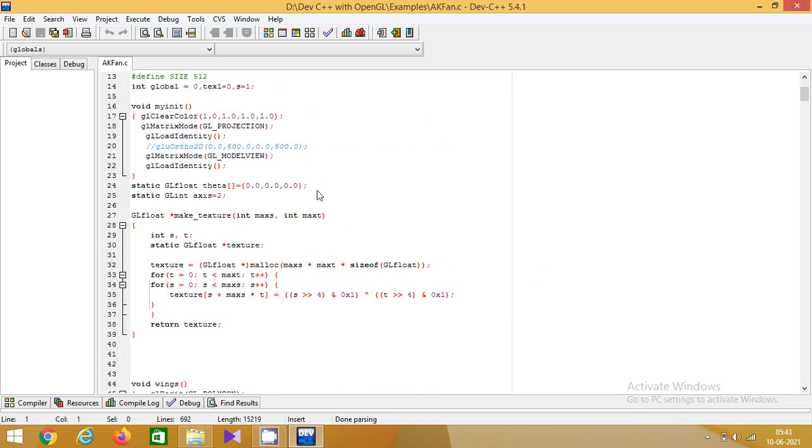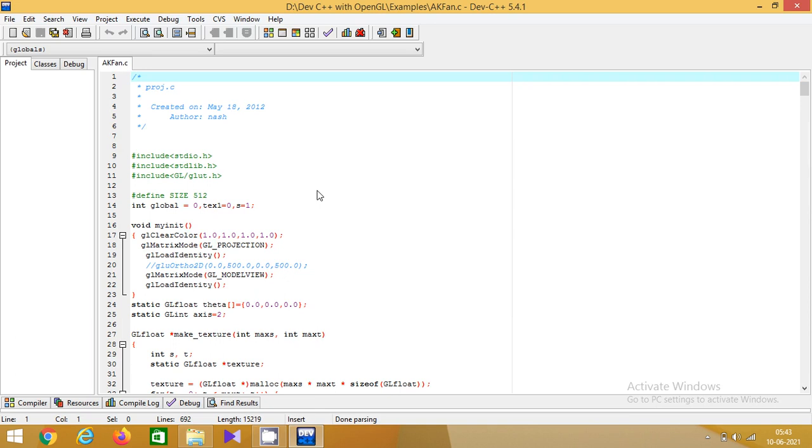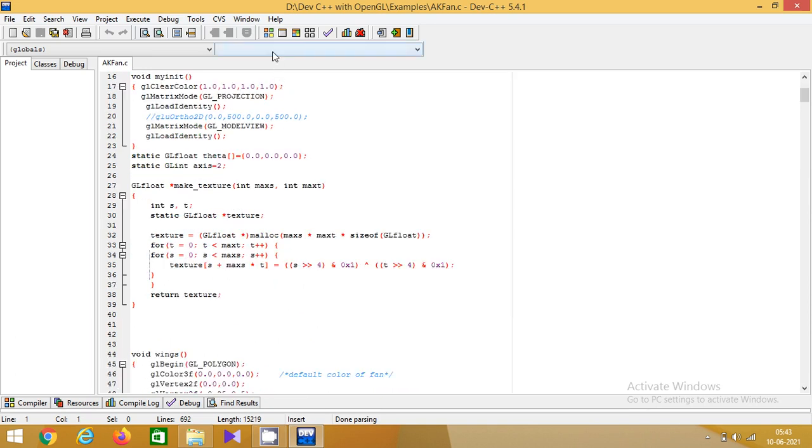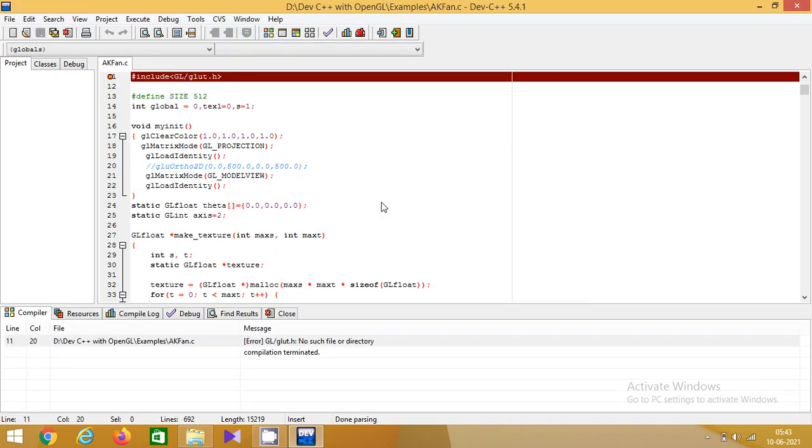This is an OpenGL program which I'll try to run. You can see it shows the error: glut.h, no such file or directory. So the header file is not being located because the header file is right now not available.